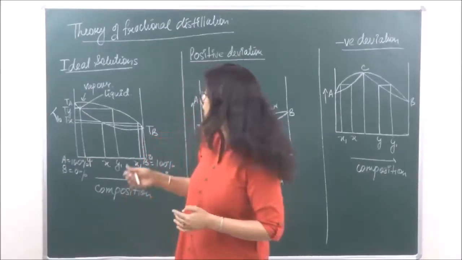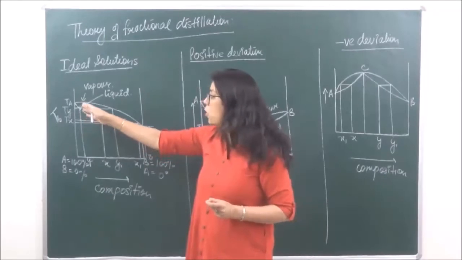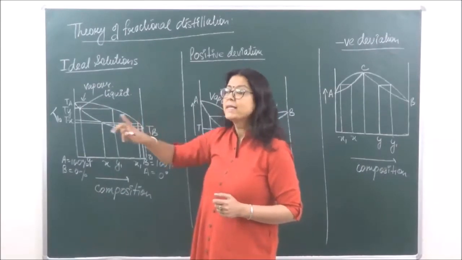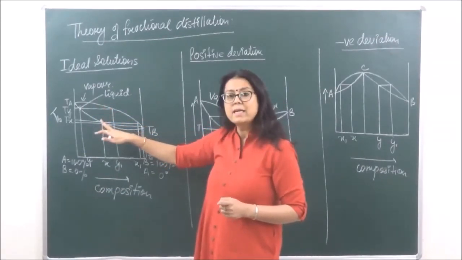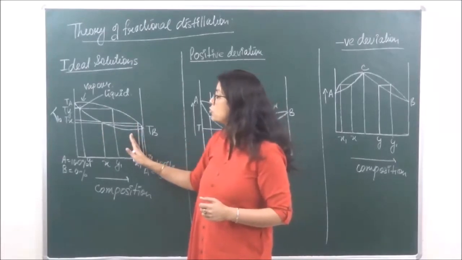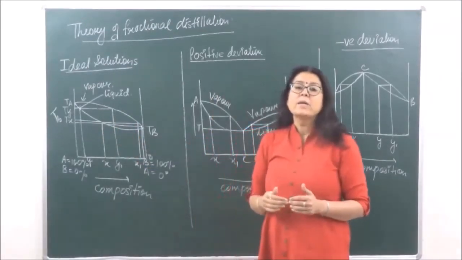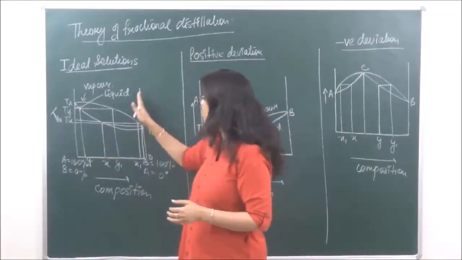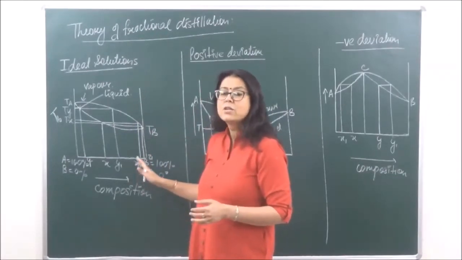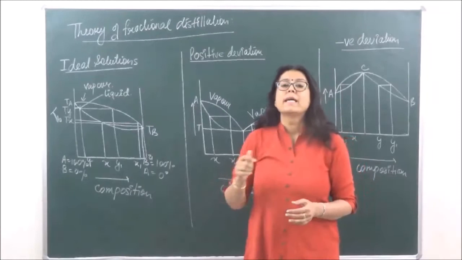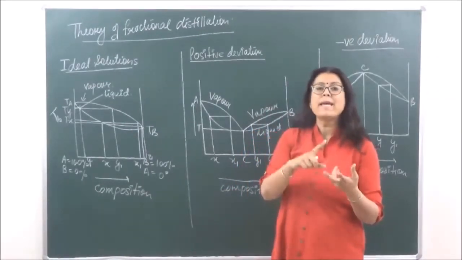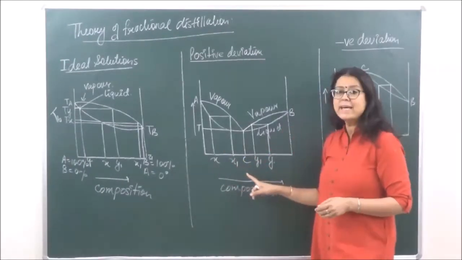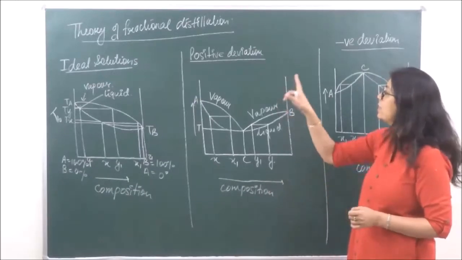In this manner, for ideal solutions, the composition of the vapor and the liquid phase is different, right? The composition of the vapor phase and liquid phase is different. So for such solutions, by constantly boiling and by fractional distillation, we can separate A and we can separate B, right? So fractional distillation for such solutions can give us ultimately pure A and pure B. Have you understood? Then let's consider the second type of graph which we have put over here, which is the